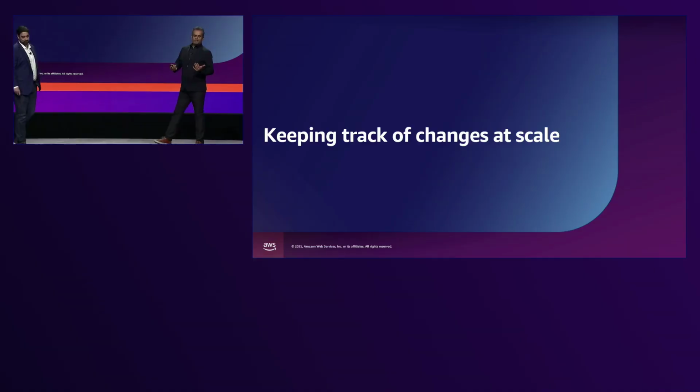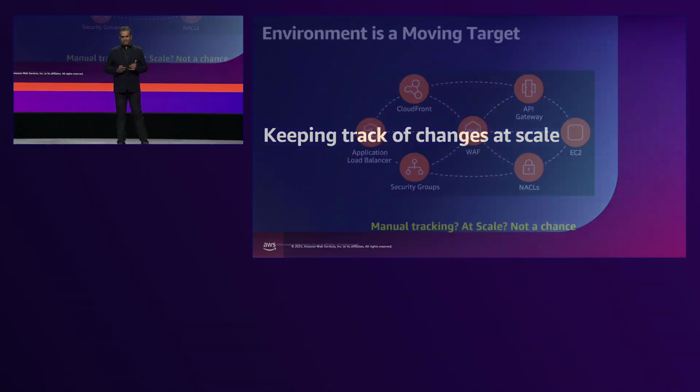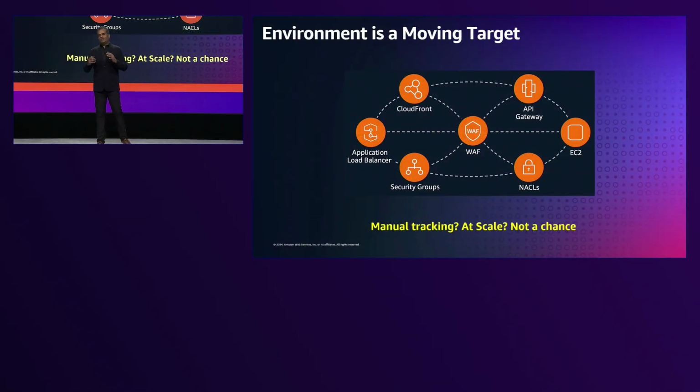But from my perspective, it's really hard to keep track of changes. I have a very dynamic environment. I've got hundreds of app developers pushing code on a daily basis. I've got systems that are spinning up and spinning down. I've got EC2s and VPCs that are either modified or instantiated on a daily basis. I have very little visibility if someone instantiated an app that has access to nefarious activity or has access to the outside internet. I have no way of figuring out what is changing on an hour-to-hour basis, literally.